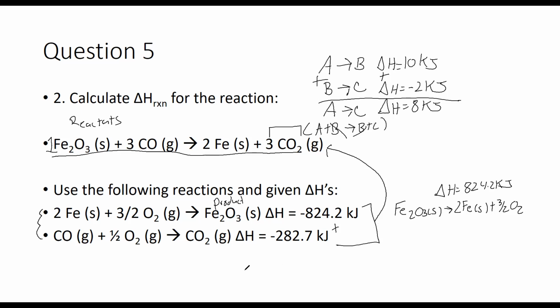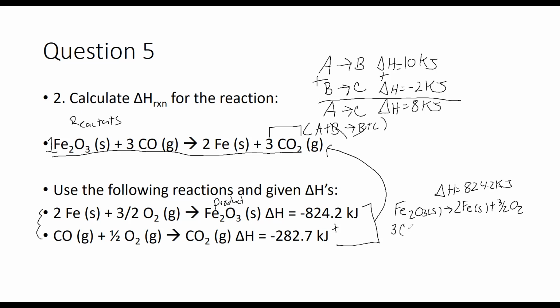Let's look at my bottom reaction. I have carbon monoxide as a reactant in my example here, and in my target, I have carbon monoxide as a reactant as well. That's good. They're on the same side of the arrow. However, I have 3 moles here and only 1 mole here. That's a problem, but I can multiply it by 3. That's no issue. So I'm going to take our bottom equation and multiply it by 3